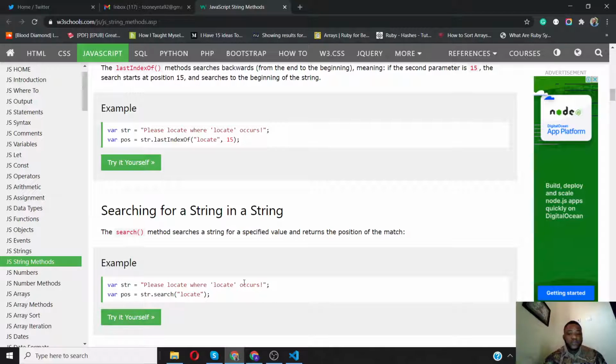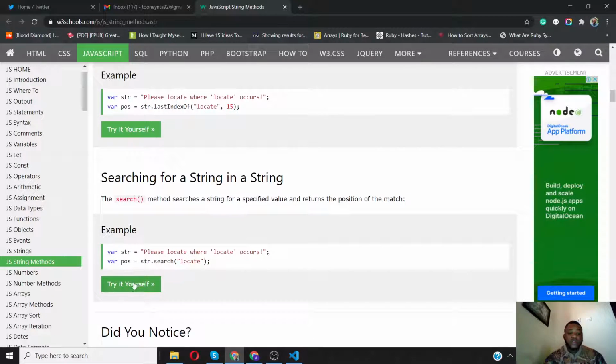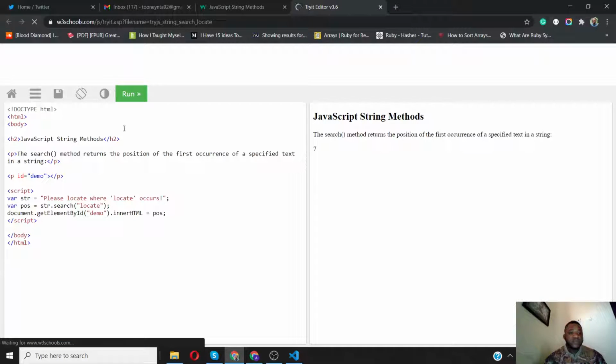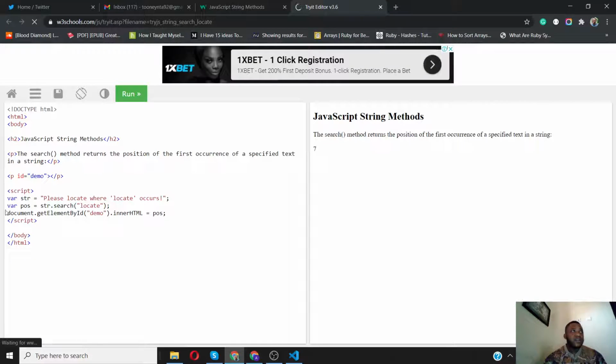Oh, okay. Yeah, so something about this site is if you click "try it yourself", they actually have a sample. But it looks different because this is like the front-end side of using JavaScript. So this is what you would have in your browser or in your HTML file, which we are not doing now. But the key takeaway is this: